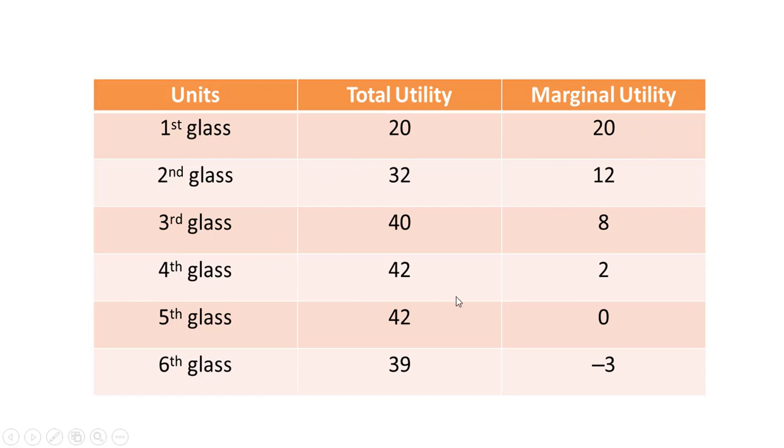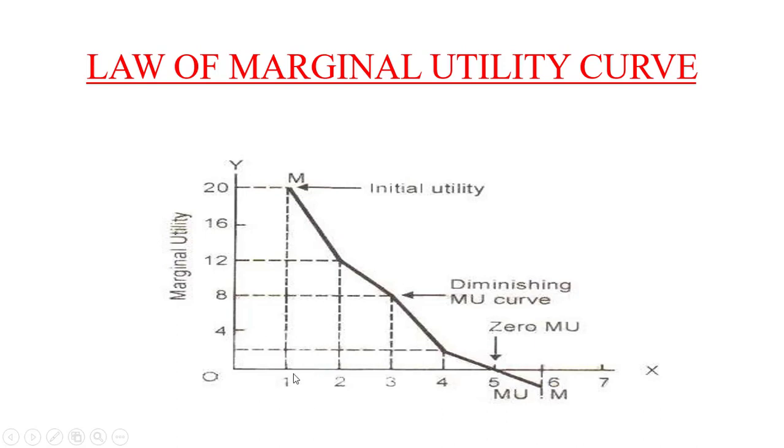Now this is the tabular form I have shown you, and next let's see in the diagram how it looks. Same way, here on the x-axis it is the quantity consumed, and on the y-axis it is marginal utility. From the table you can understand how the graph is shown. One glass of water gives 20 satisfaction, so the marginal utility and total utility were the same, right? But this is the graph of the marginal utility curve only. I have not given the curve of total utility. In the first glass of water it is 20,